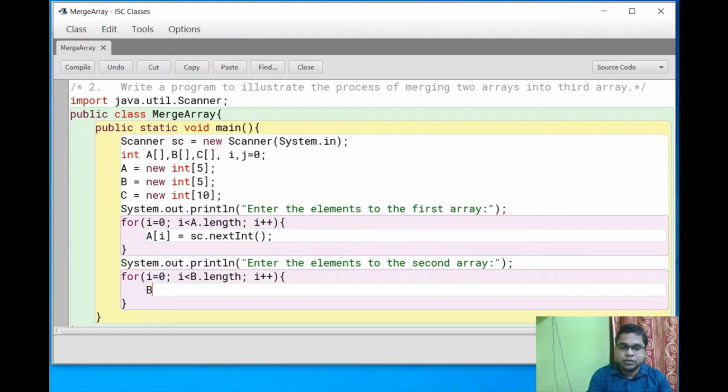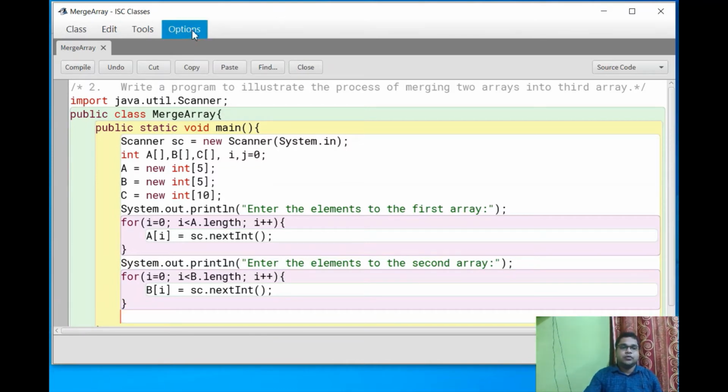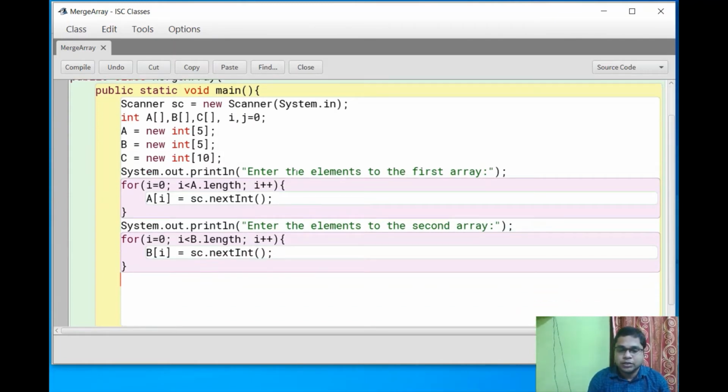Now b of i is equal to sc.nextInt. This is the input of your second array. Now we have to merge. This is merging the two arrays.